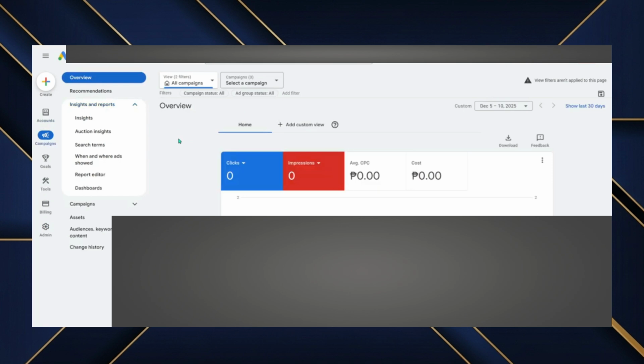In this video, I'll show you how to set up shared budgets in Google Ads so multiple campaigns can draw from a single daily budget. Shared budgets are useful when you want Google Ads to distribute spending automatically across several campaigns instead of assigning separate